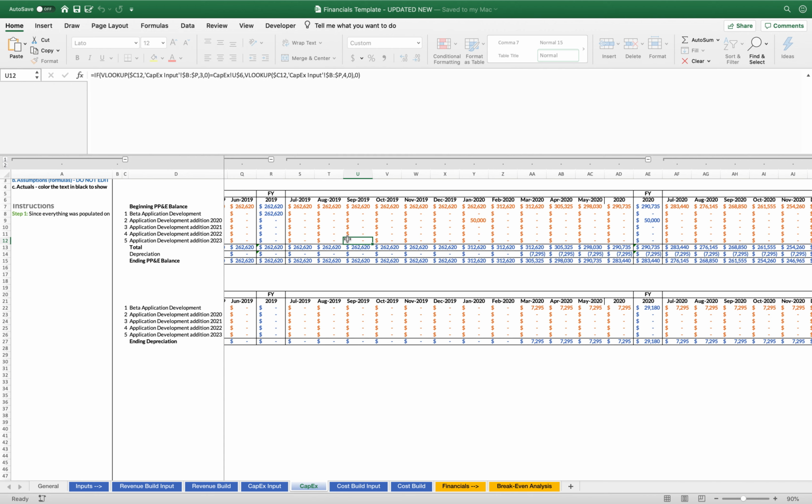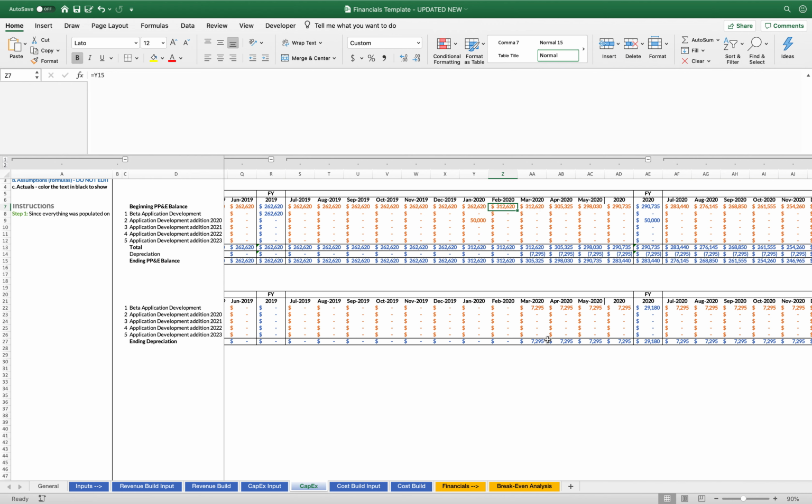And the way to calculate that is by taking the total of your beginning and all of your additional capital expenditures in that period. So you'll see here we're at 262,620, and then we add in that additional 50,000 of CapEx, and now it increased, right? So now our ending PP&E balance is 312,620, and that just gets added every